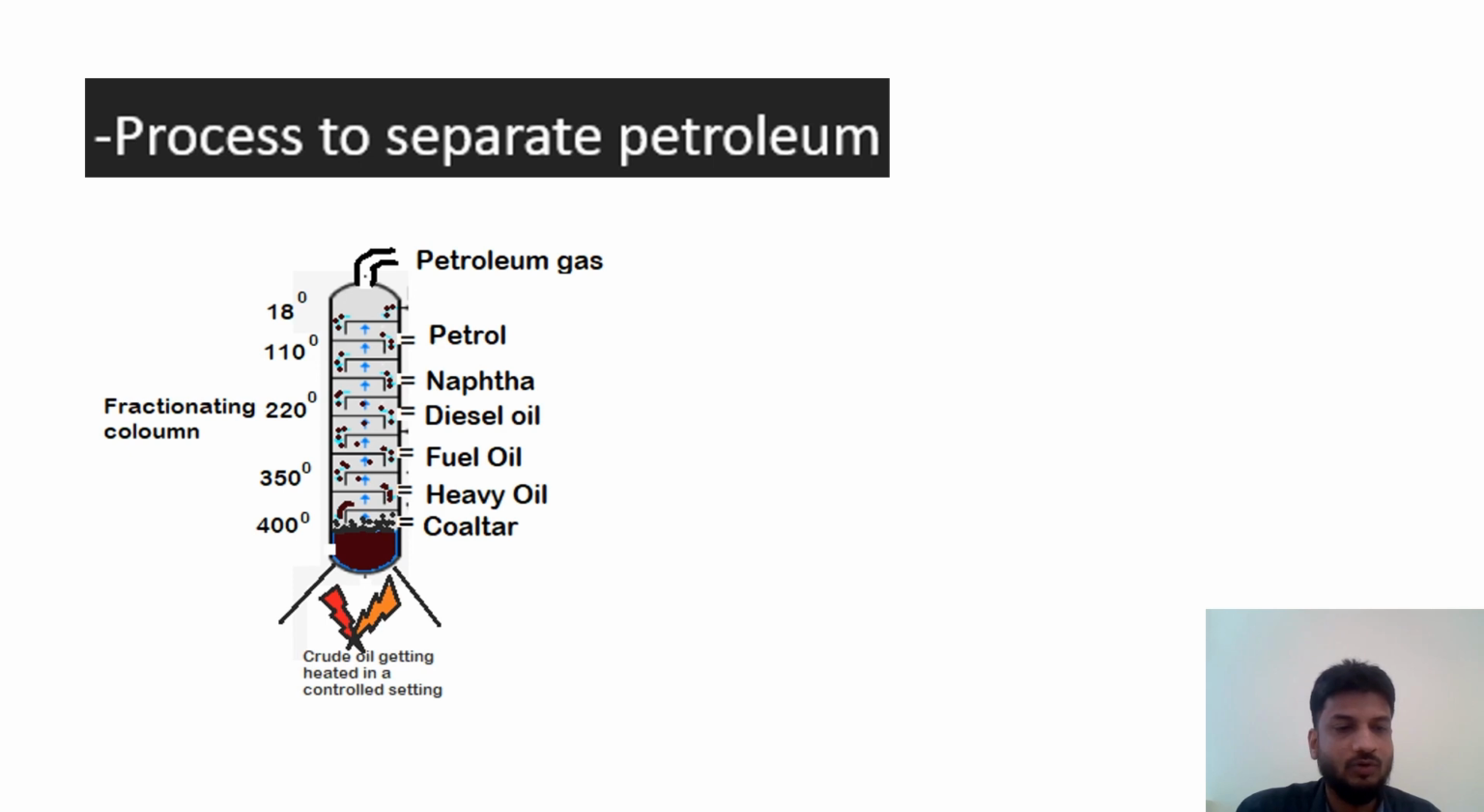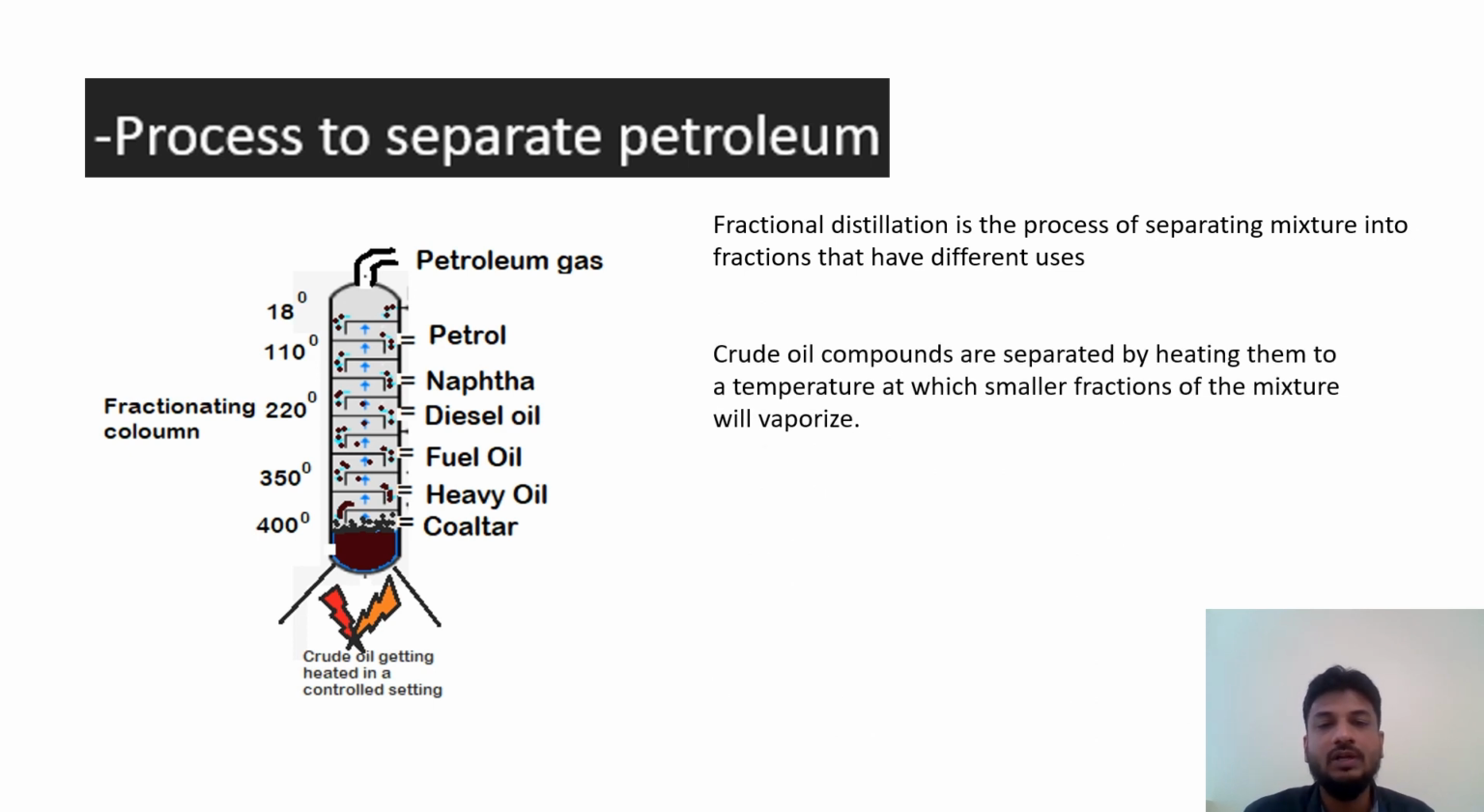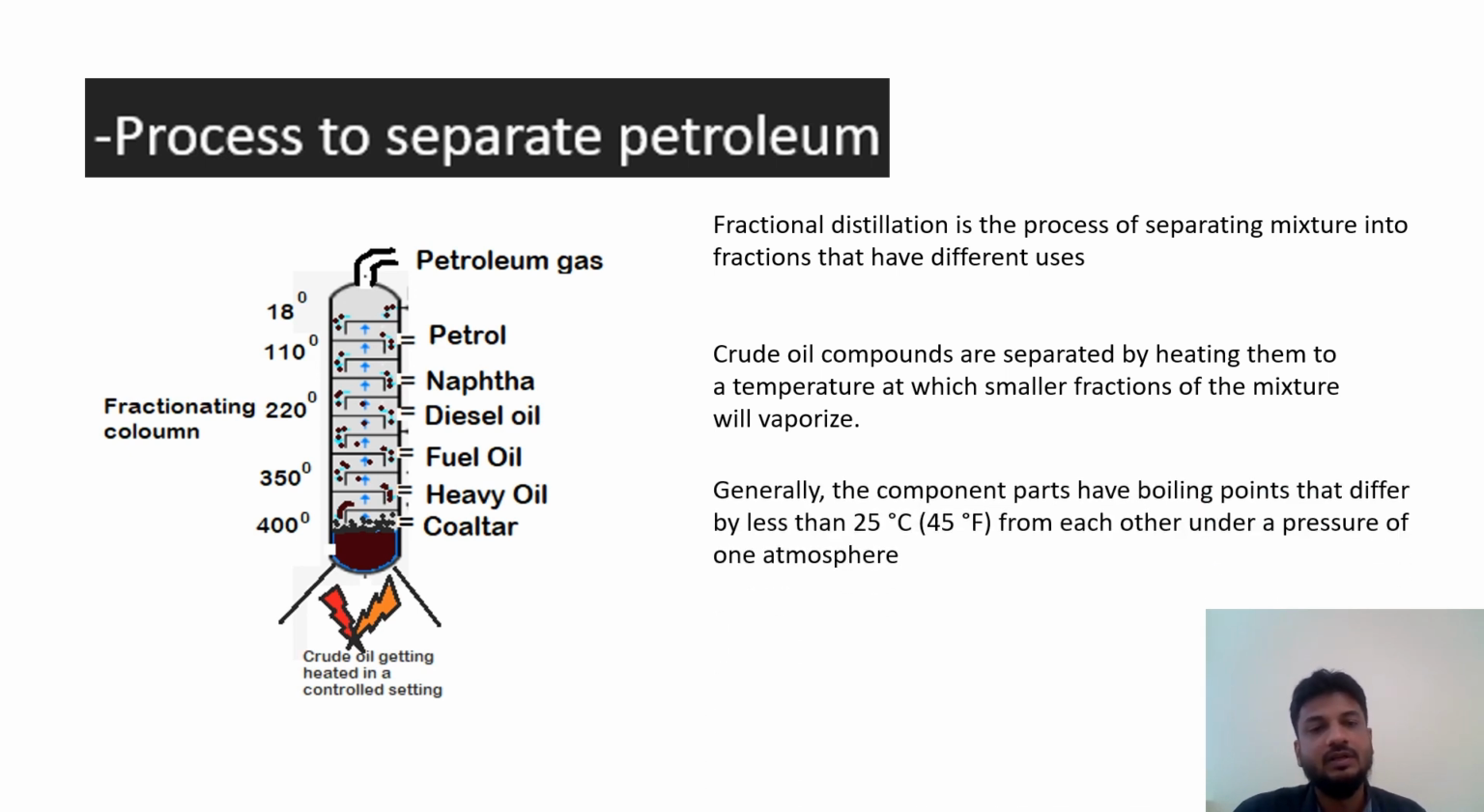Right from 400 to 18 it goes. So what are the different things here? Fractional distillation is a process of separating mixtures that have different uses. Crude oil compounds are separated by heating them to a temperature where smaller fractions of the mixture will vaporize, and they will go up because they are light. Generally the components differ by 25 degrees. So there is a difference of 25 degrees in the boiling point between petroleum gas and petrol, and that's why they are separated here, and it is used to